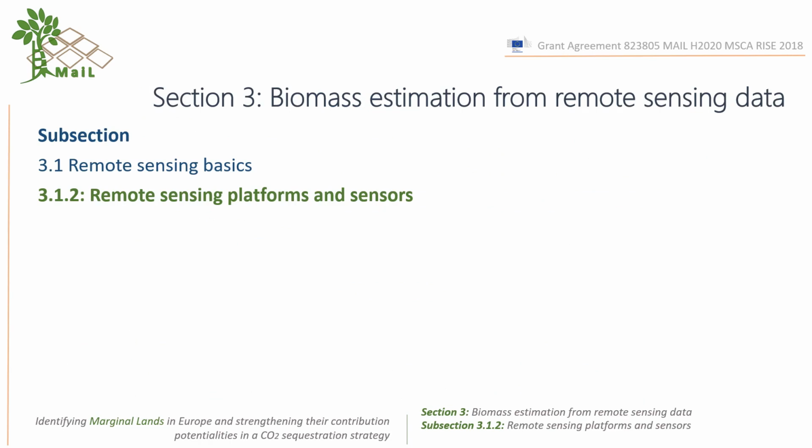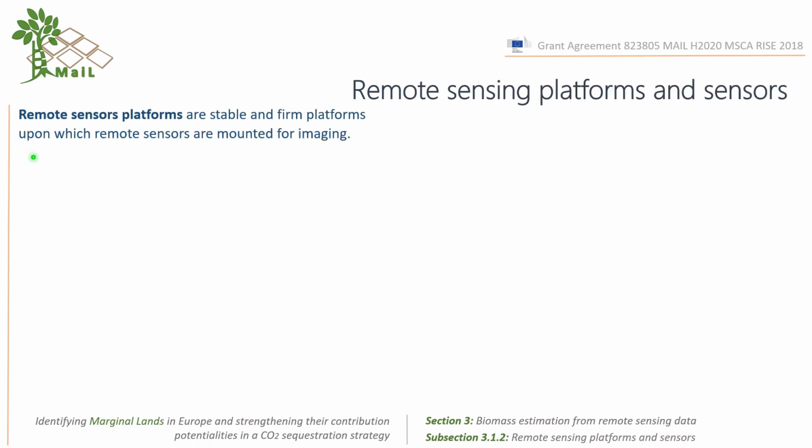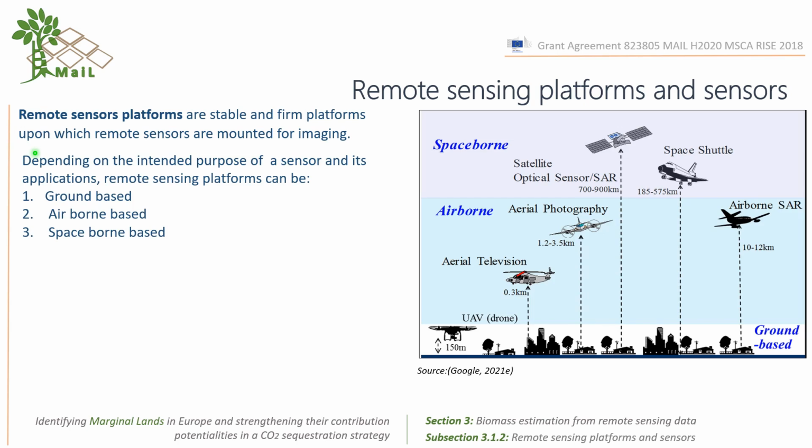Hello everyone, in this section we are looking at remote sensing platforms and sensors. Remote sensing platforms are stable and firm platforms upon which remote sensors are mounted for imaging. And depending on the intended use and the application of the sensor, it can be ground-based that can reach up